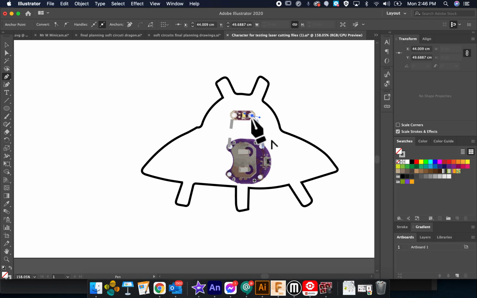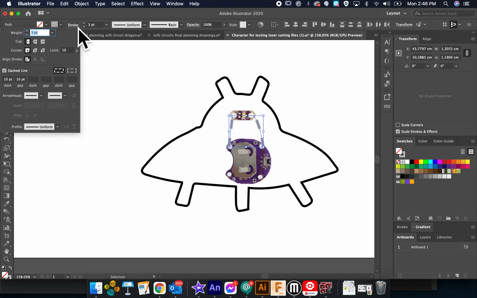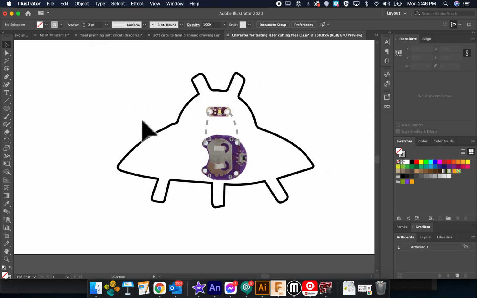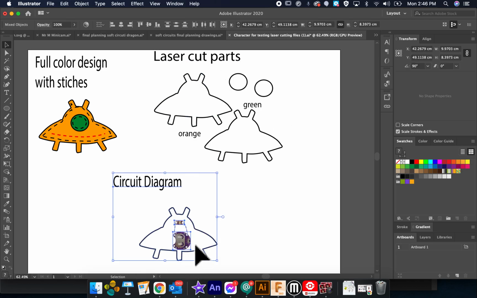Let's say you want to do a curved line. You can select them, and if you want to make any changes to the line, you can do that here. Make it a little bit thinner. Okay, so there's the circuit diagram. The full color with stitches, you've got your laser cut parts, and you've got your circuit diagram. The last thing you need to do